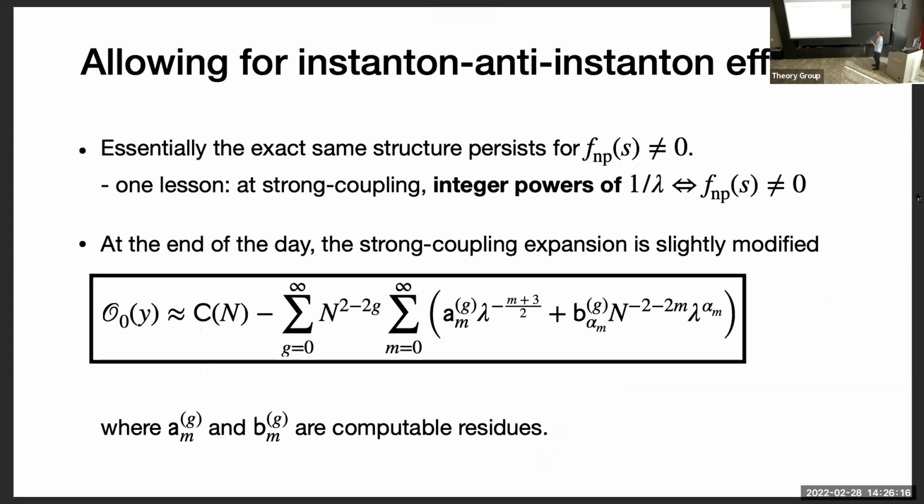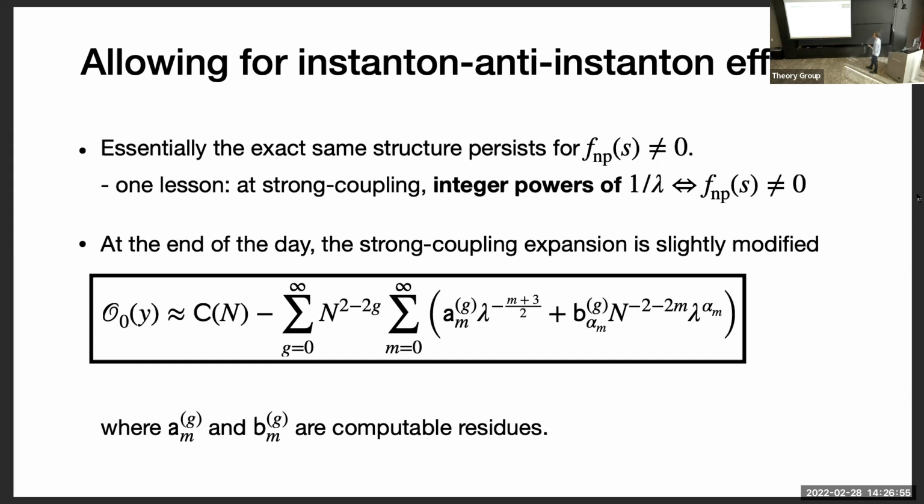Okay, so here's a slide where I say basically the exact same story goes through for F_NP not equal to 0. We treated this carefully in the paper, but the basic message is that, so remember at strong coupling, the expansion in powers of lambda proceeded in half integer powers. If you turn on F_NP, that gets relaxed a bit and you can have integer powers of 1 over lambda. And in fact, you can take the presence of those things as a signal that F_NP is not 0. And at the end of the day, it slightly modifies the form of the strong coupling expansion, but not really in an essential way. So here now I have integer and half integer powers of 1 over lambda, and the